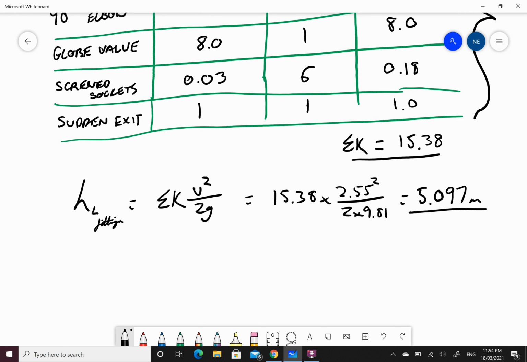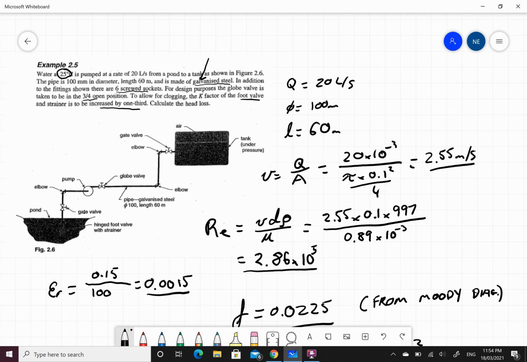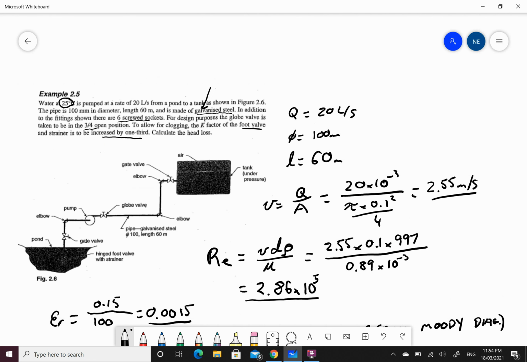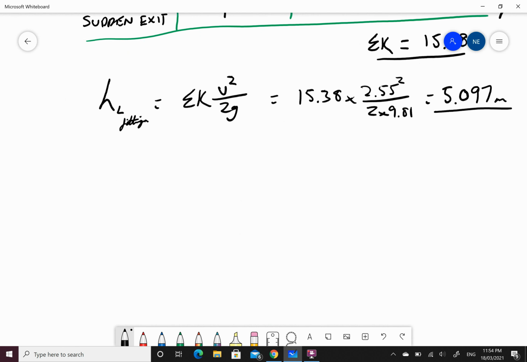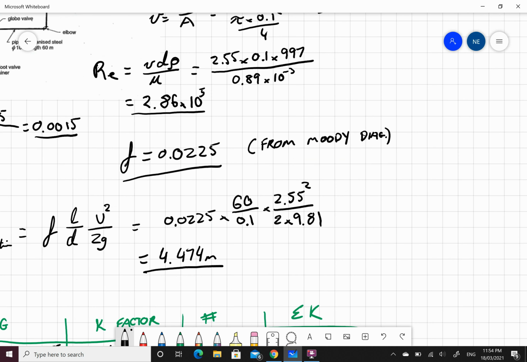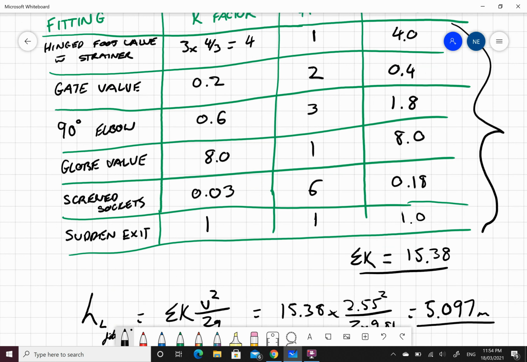So now my total loss, because that's what we're after here, calculate the head loss. My head loss is equal to my head loss due to friction plus my head loss due to my fittings, which equals 4.474